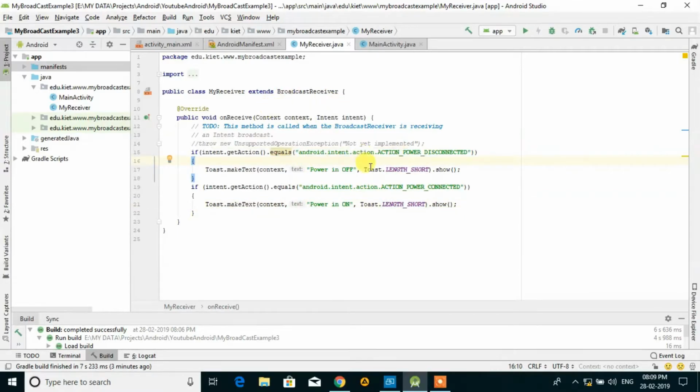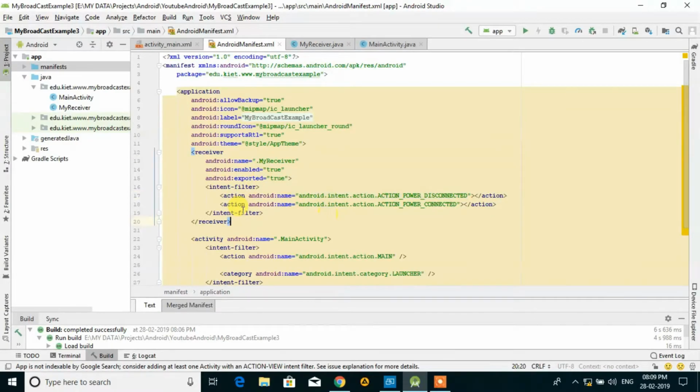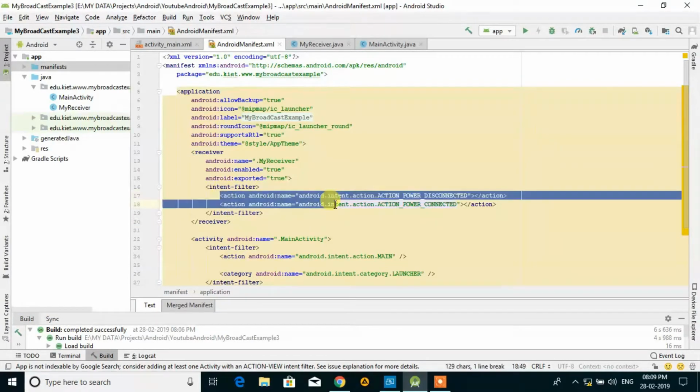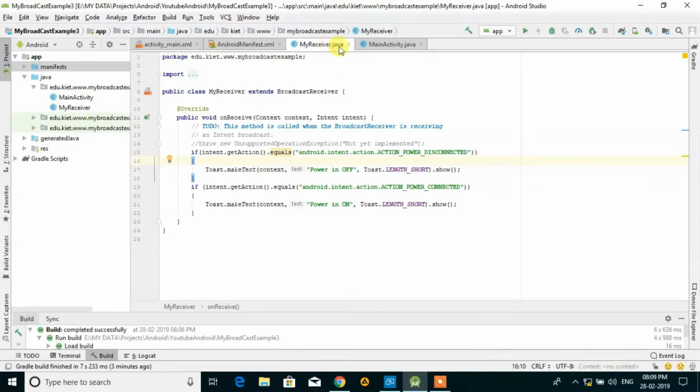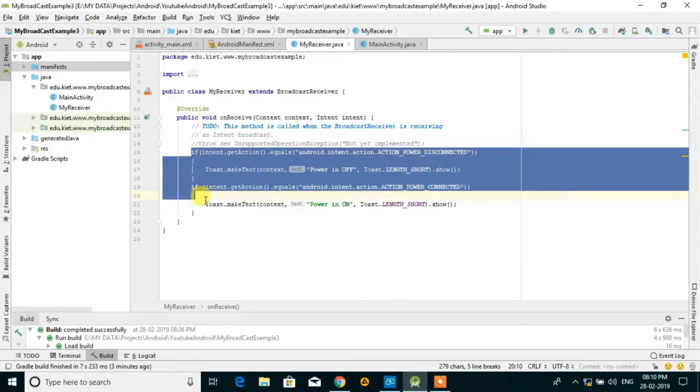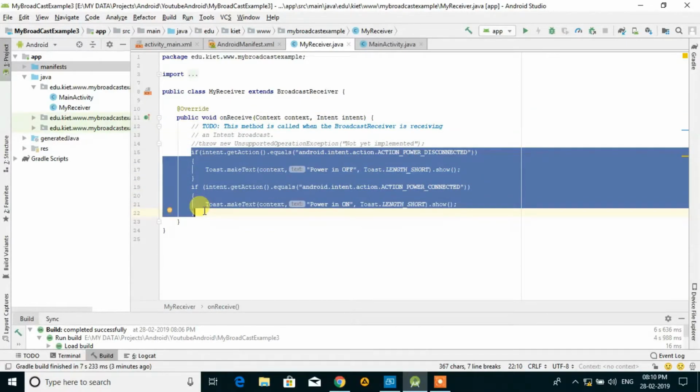If you are using a lower version of Android, less than Oreo, then this coding is complete. Just write the action in the manifest file and then write some code in the onReceive method and check which particular broadcast is fired.